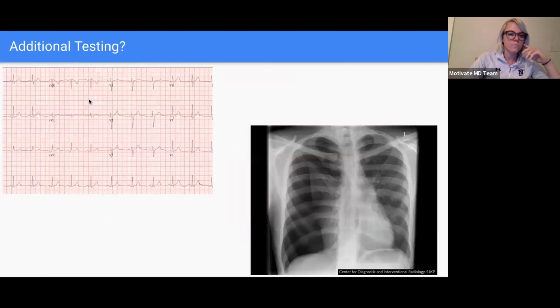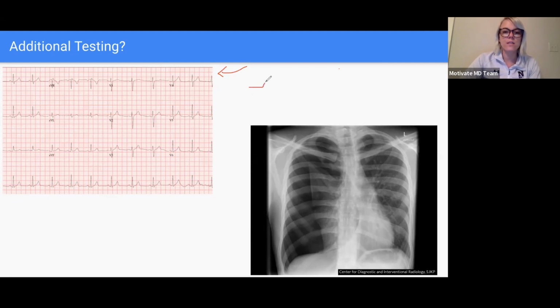All right, so here are your tests. Nobody said EKG, but I gave it to you anyway. Remember, with an EKG, what we're looking at is the electrical activity of the heart. That's what the EKG does. You may know ST segment elevation. I think that's all I knew when I was at your level. But what we're looking at is this electrical strip.